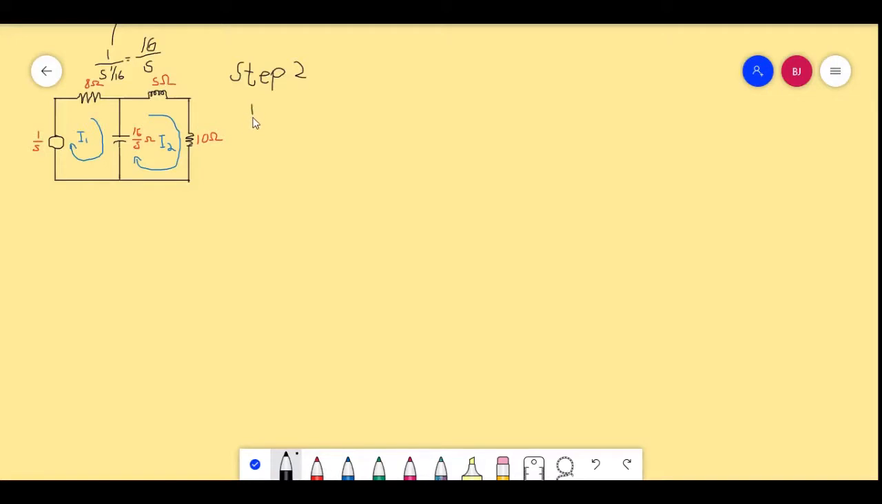So we start with our first loop, or loop 1, which represents our I sub 1. As always, the voltage sources are on the left side. The ones that draw the current or use the voltages are on the right side. So we have our 1 over S, our voltage source, equal to the voltage here in our 8 ohms. So that would be 8 ohms multiplied by I1